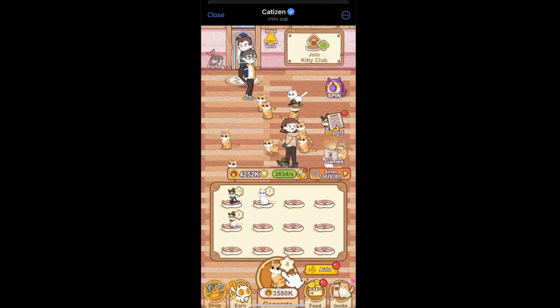Hello guys, in today's video I'm going to show you how to connect a wallet on Catizen mini app on